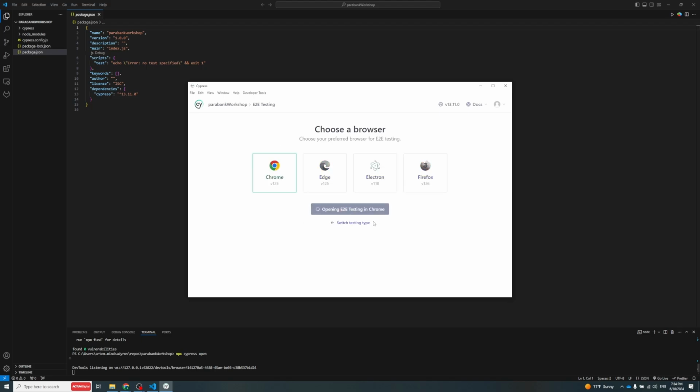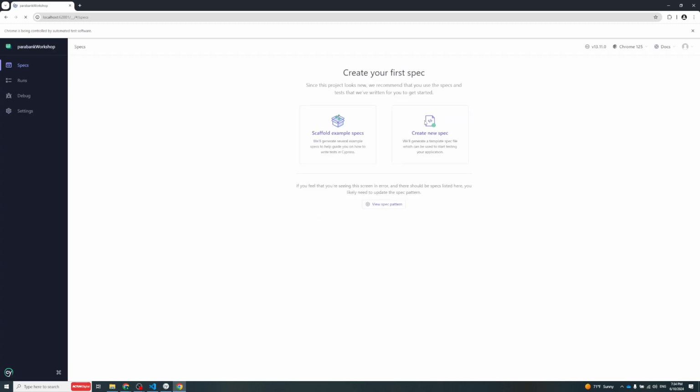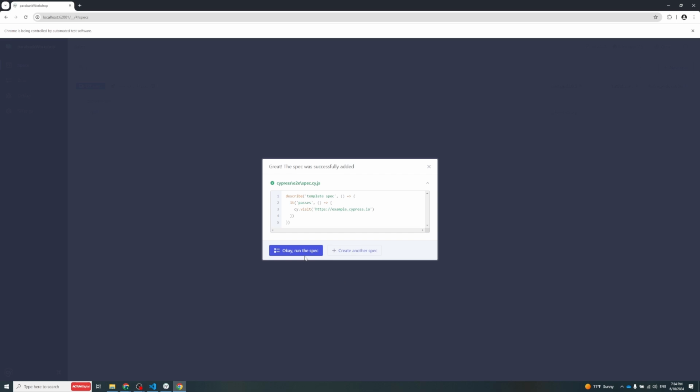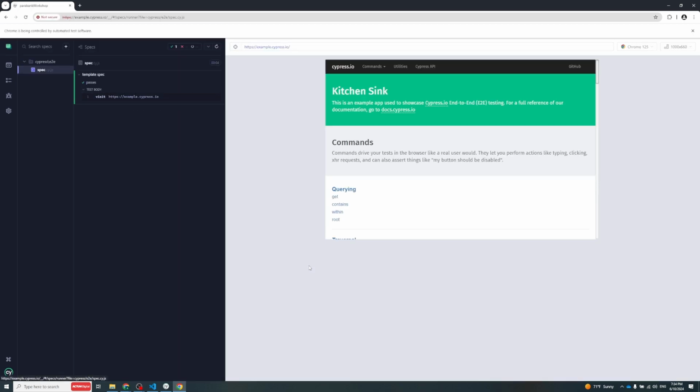So open it in Chrome browser. Let's create new spec, create spec, okay, run. And we can see that Cypress prepares some default tests which open this website,